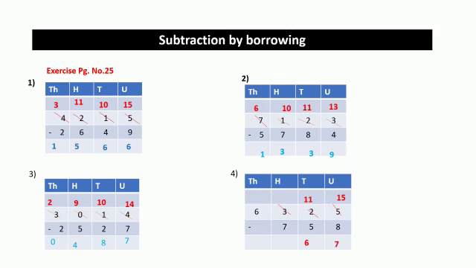In hundreds place, 2 minus 7 is not possible. So we are going to borrow one number from thousands place, that is from number 6. After borrowing, in hundreds place, the number will be 12. 12 minus 7, answer is 5. And in thousands place, since we have given one number to hundreds place, number 6 will become number 5. And since there is no number for subtraction, so number 5 will directly come down.